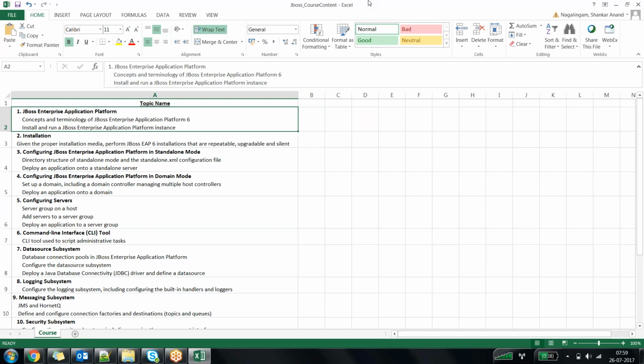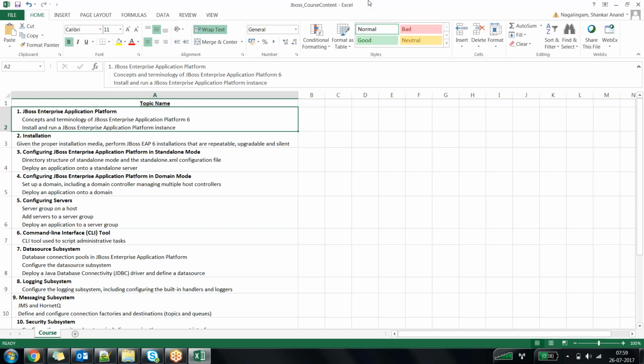How did the application server world evolve? What's the difference between a web server and an application server? Like that. Once I'm done giving an intro about application server, then I start talking about the JBoss application server. Again, unlike other application servers like WebLogic or WebSphere, JBoss needs a 5 to 10 minutes intro on the evolution of the JBoss.